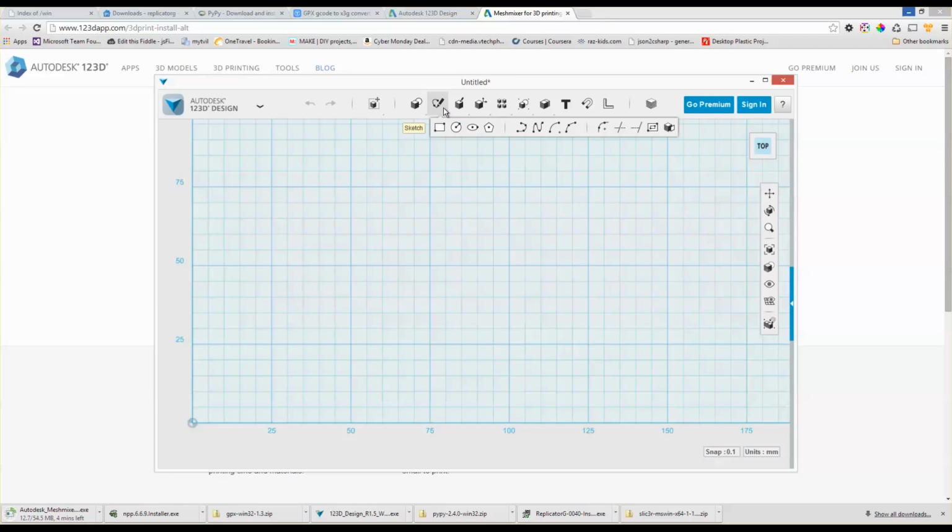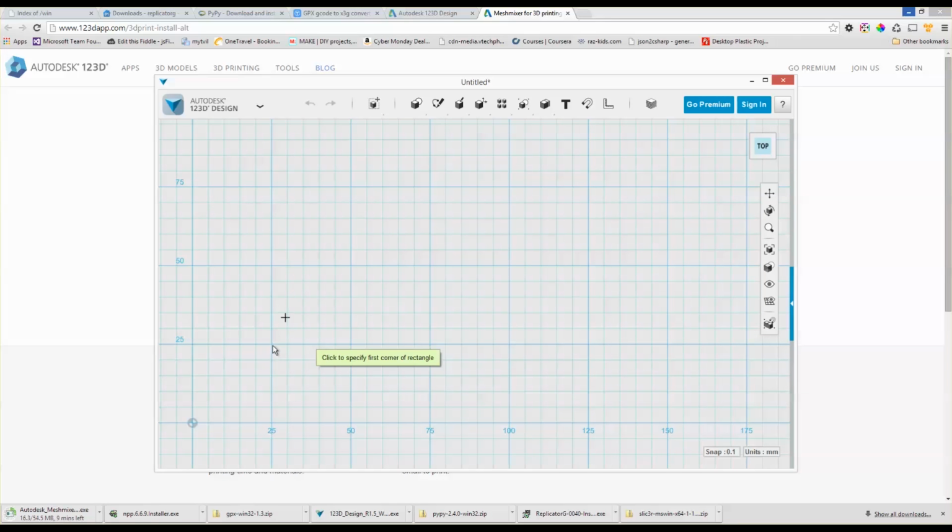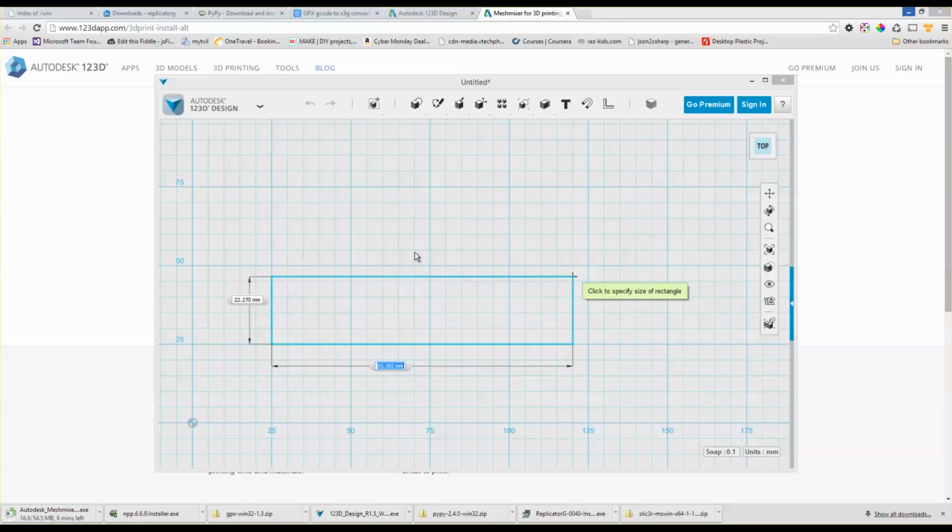Usually you want to start with a sketch, that way you can start with the 2D plane and then move towards the 3D world. So for example, if we want just to create a simple box, and I'm using right now millimeters, which is a good idea to keep because the printer is in millimeters, so that way you know that it's one to one and you don't need to do any conversions. So if we start with a sketch of a rectangle, and we'll tell it what plane we want to snap it to,